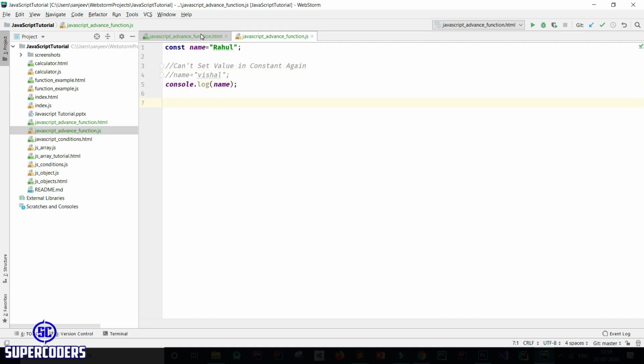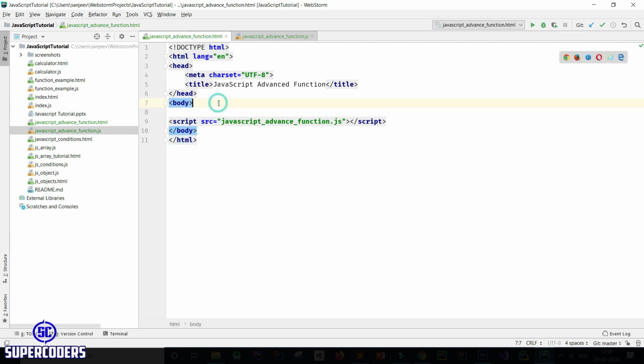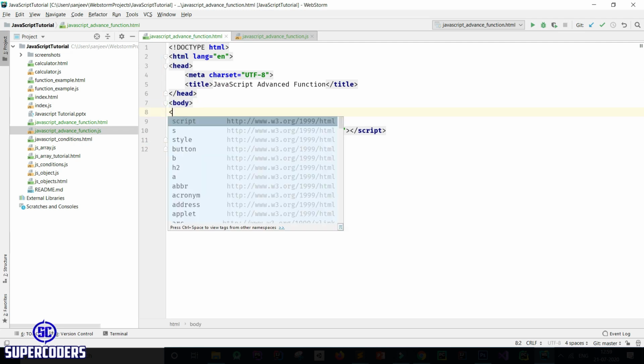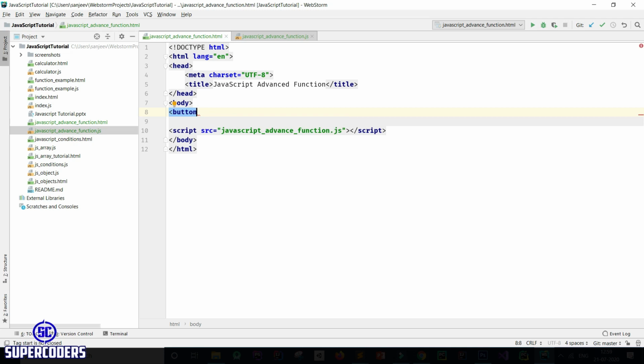Now let's see simple example of button. So adding a button, then close, giving id equal to button, and giving click text name.